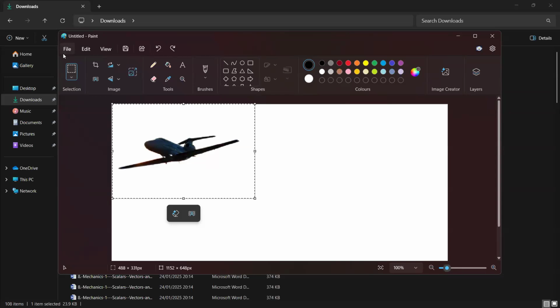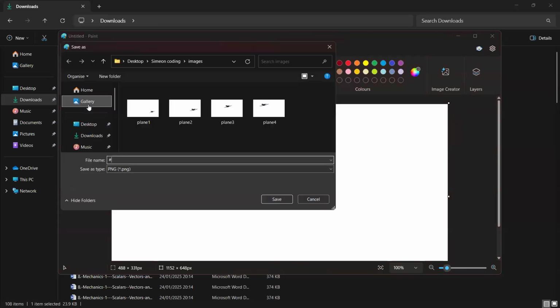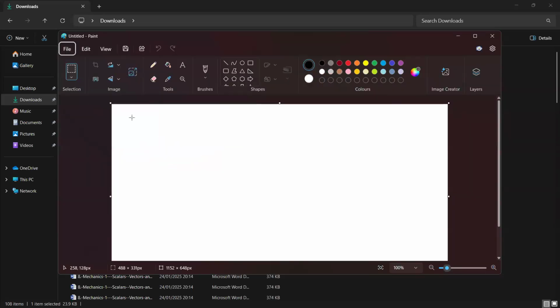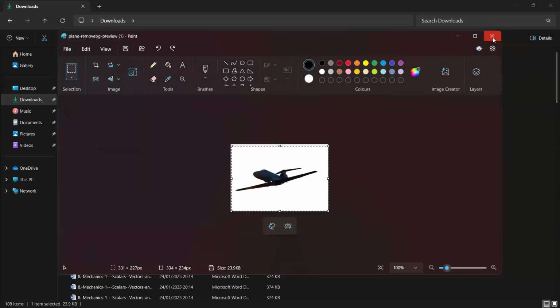Right. So save this as plane. Is it plane 5 or plane 6? I don't even know which one we did last. 5. Okay, confirm what you are saving as. Was it plane 6? No, plane 5. What was the last one? Plane 5. Okay, all right. So close this. Close the paint. We're done with paint for now.